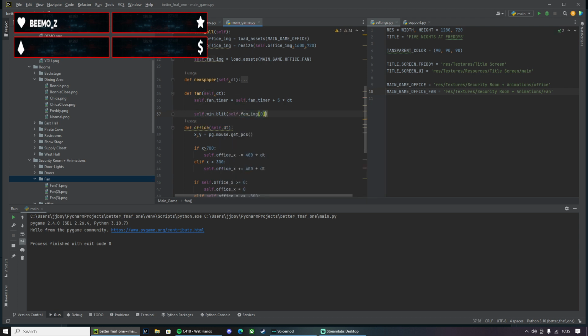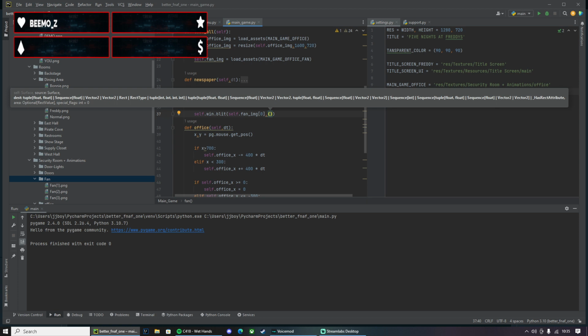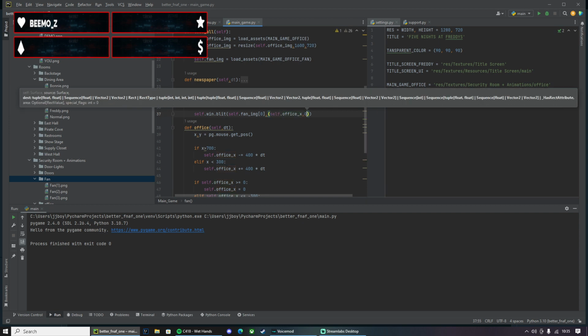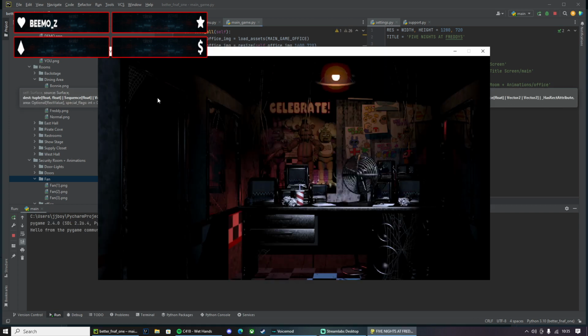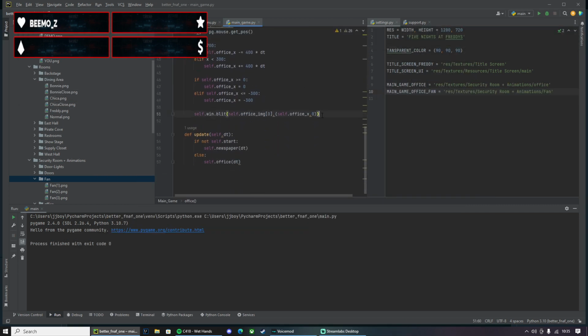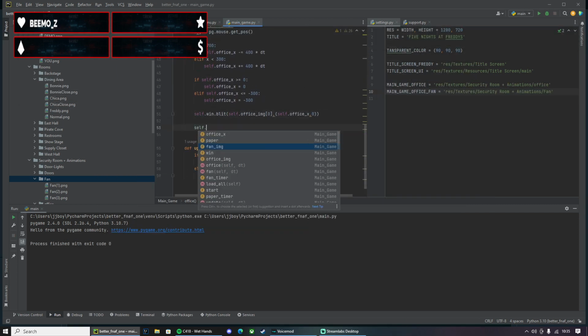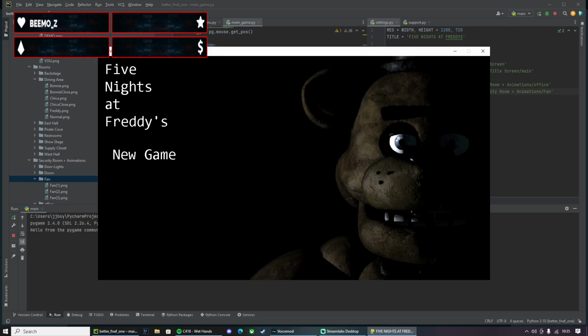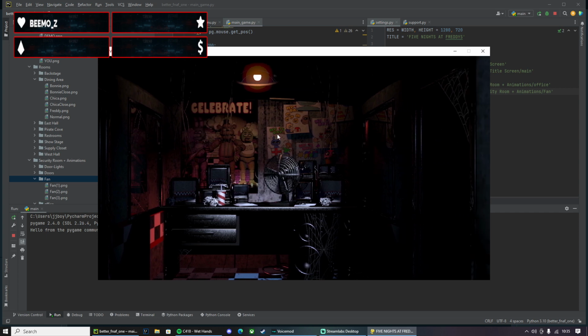Let's go for the first one, comma, self dot office x comma 0. Because we need to call it, go under here, self dot fan delta time. Boom, it's up there.